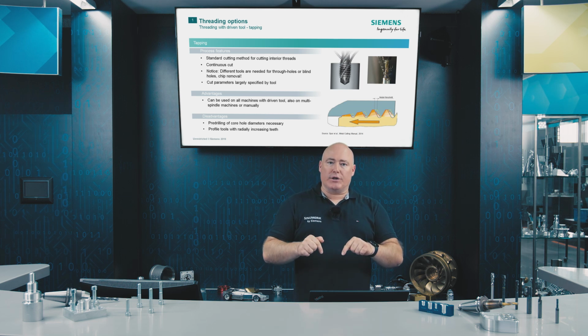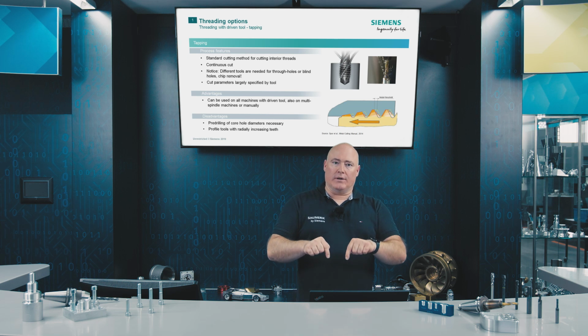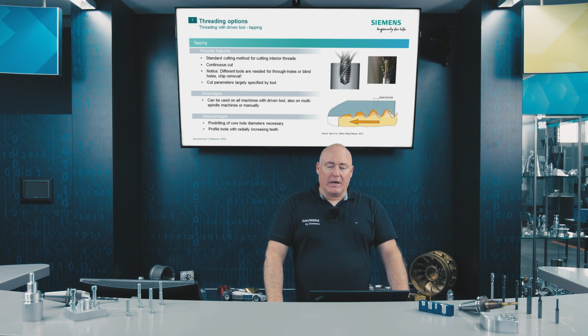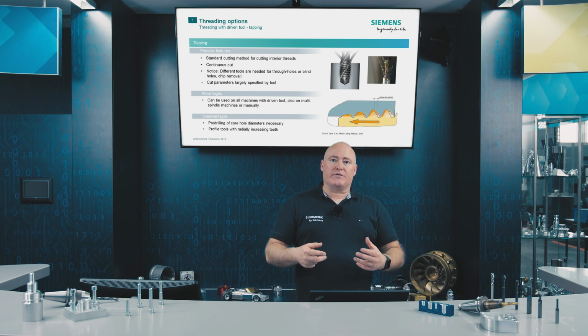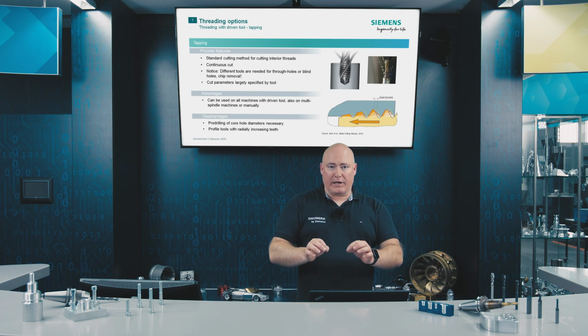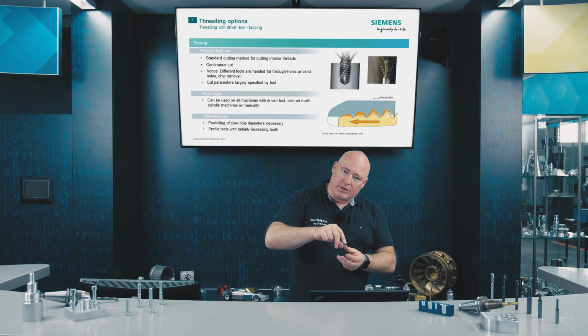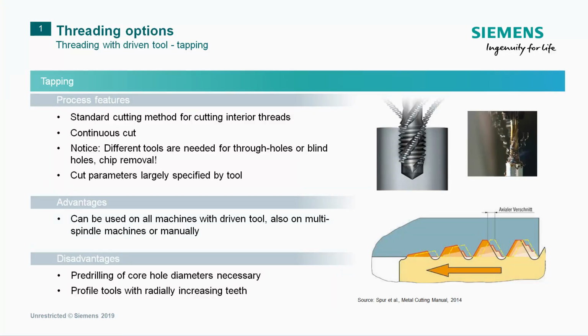In the through-hole thread, the chips can be conveyed downwards. Preliminary drilling of a tap hole, in which the thread can then be cut, is an essential requirement for this option. Meticulous synchronization between spindle and feed rate is also of utmost importance during this process. The pitch, therefore, then constitutes the feed rate for each rotation.